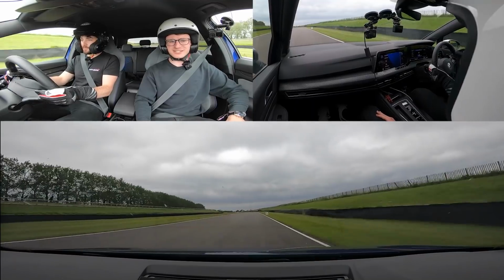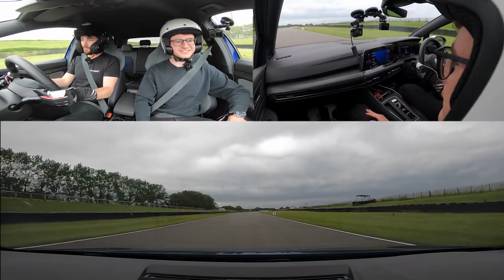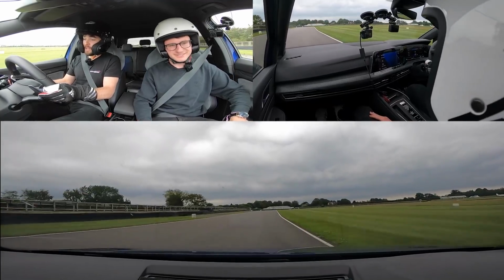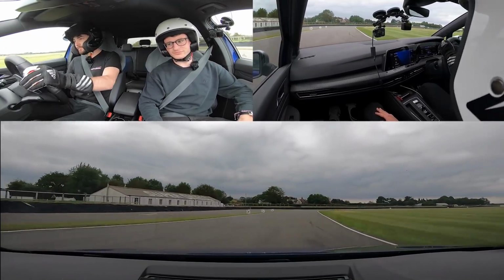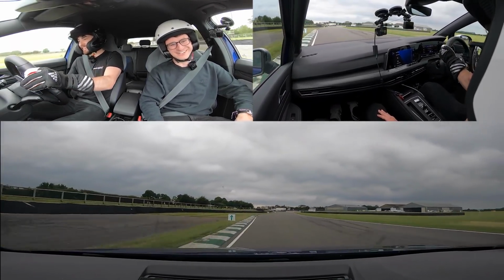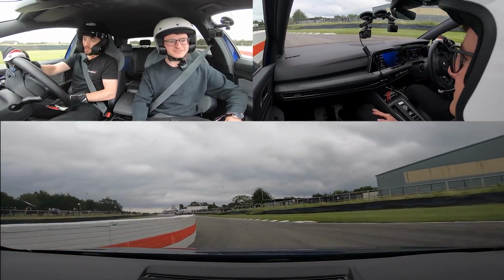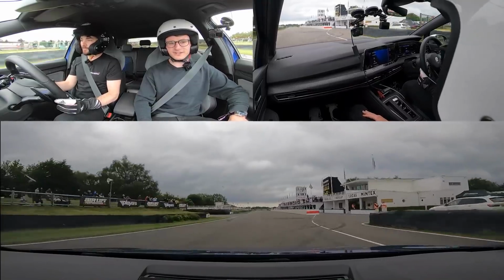How many miles are the tyres done? Like 1,000 miles? Yeah, we've done about 1,500, I think. It's just so stable. Yeah, the Evo S has improved the handling quite a bit. Tyres are dying. Yep. I was saying earlier, you probably get about 4 good laps out of the tyres, and after that,